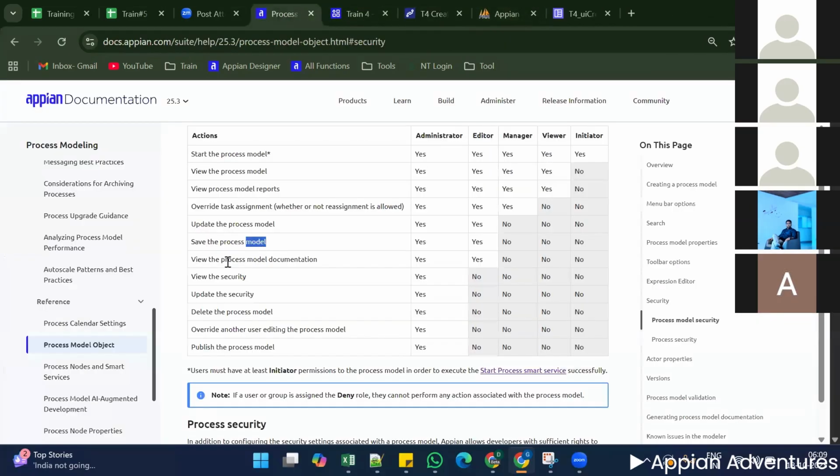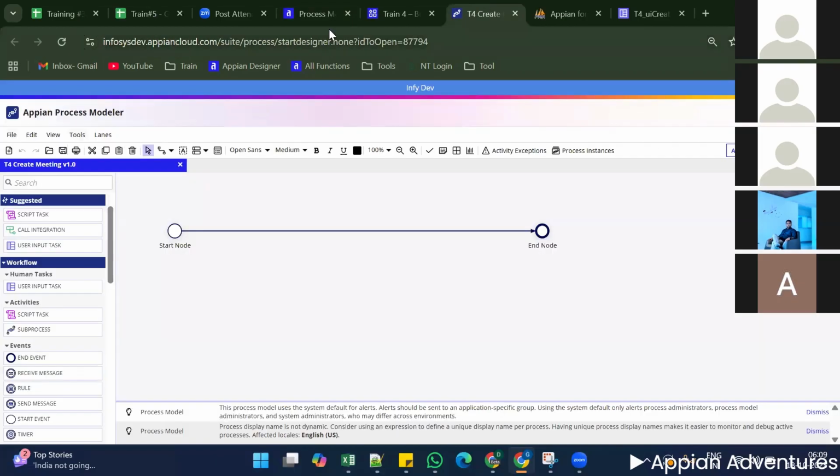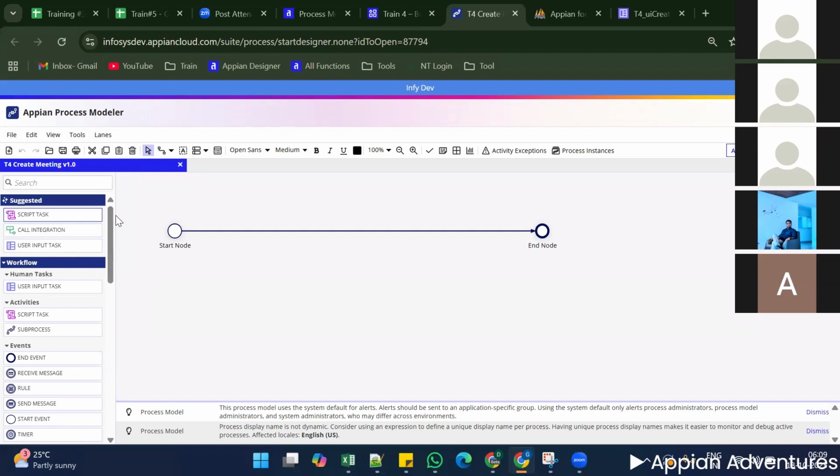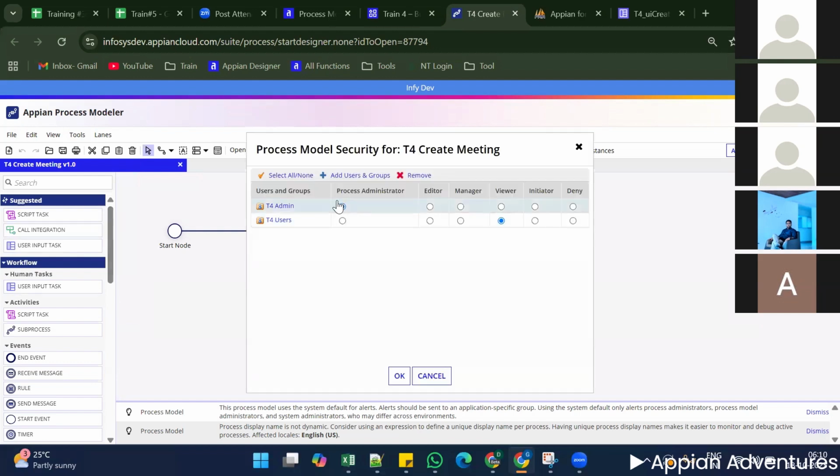So that is how the administrator can view the process model documentation and view the security, in the sense where he can see the security. In the menu bar we have the File option, and under the File option we have the Security option. You can see the Security option is available, right? So when the user clicks on Security, he can see